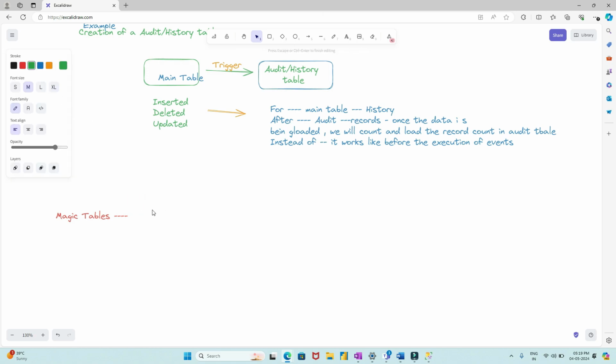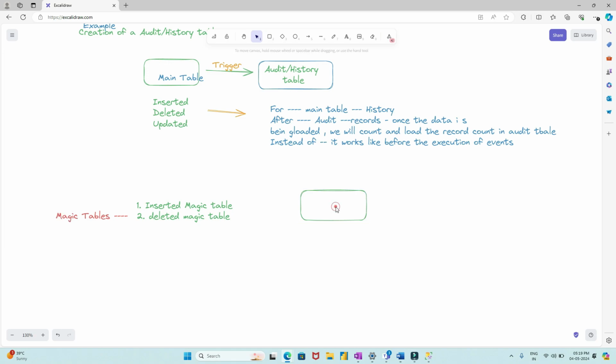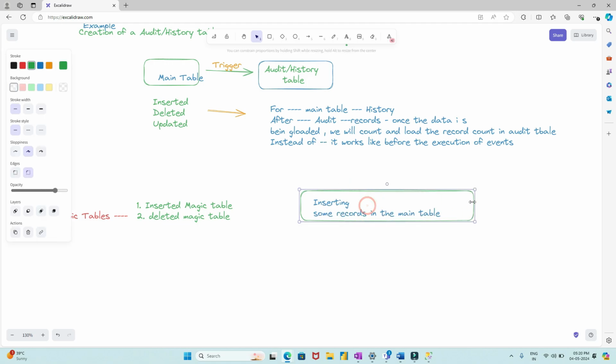Okay, so magic table, so we have magic tables like inserted. We have two different magic tables. First is inserted magic table and second is deleted magic table. इसका फंडा बस इतना ही है कि let's talk about inserted magic. Now what we are doing, I am inserting some records. If I am trying to insert a record in this main table,